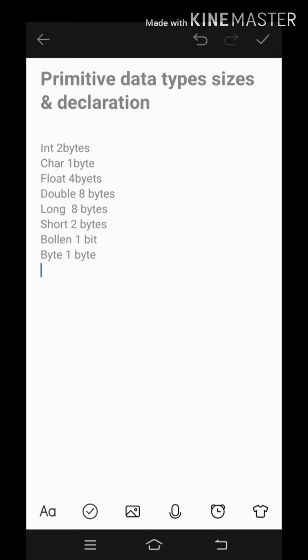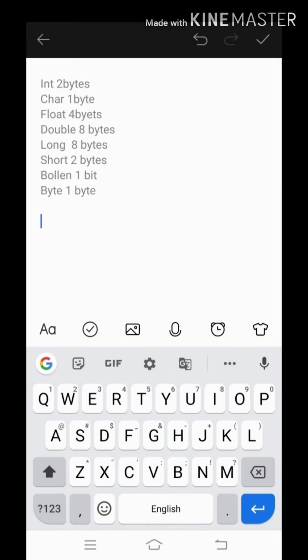Now coming to the next topic, variable declaration. How to create a variable?